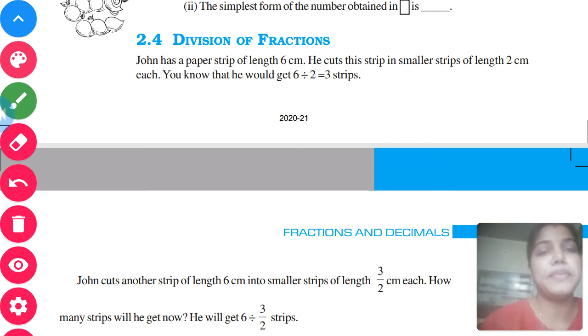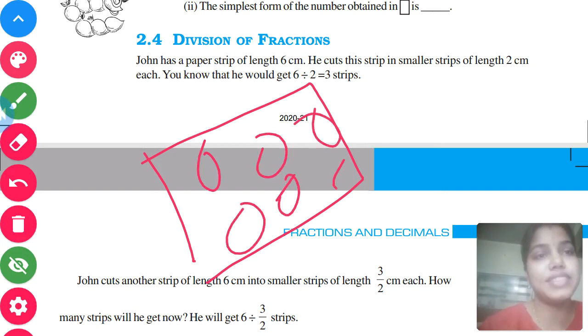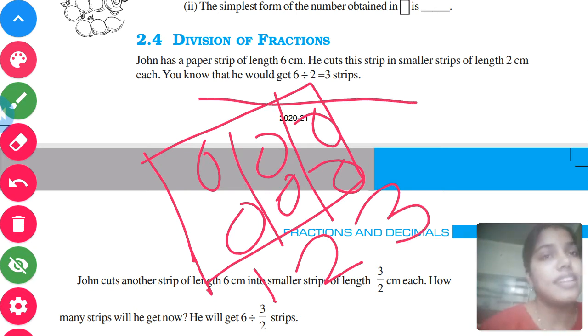I'll tell you an easy example here. There is a strip of medicine, six medicines in each. If you have seen your medicine strip, if I have six medicines and I have to divide them into two strips, how many strips would I get? One, two, three strips. That's the example on the screen given in the textbook. So here is nothing but the division process coming to the picture. This is a normal division of whole numbers. What about fractions? We are going to understand that through the concept of division of fraction. Let us go with the next one here.